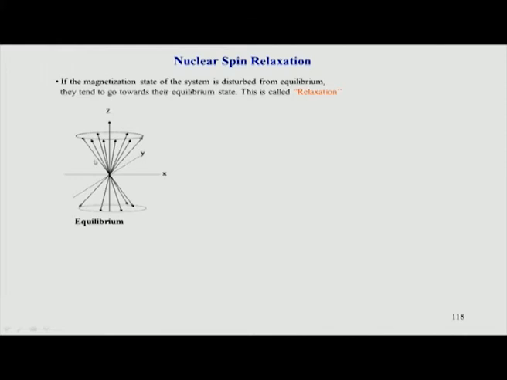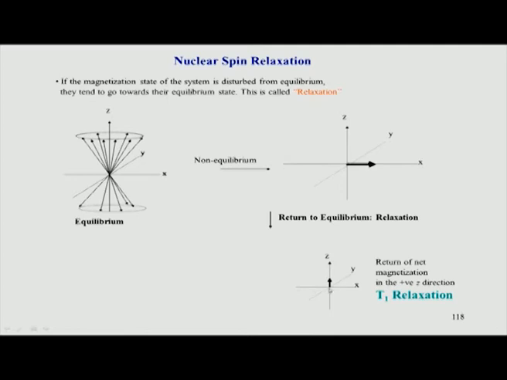So, the spins are now all together. When we applied a pulse, we brought the magnetization from this side to this side by a 90 degree pulse. So, that is called a 90 degree pulse. But this is not a situation where it is in equilibrium, it has come to this side because of our application of a pulse of energy. So, it has to go back to its original situation.